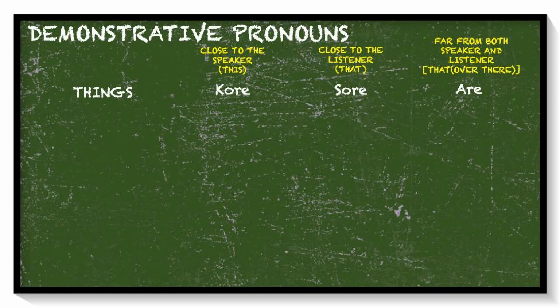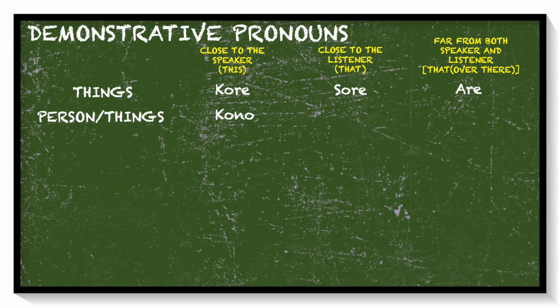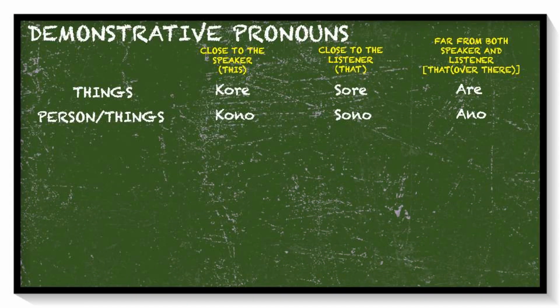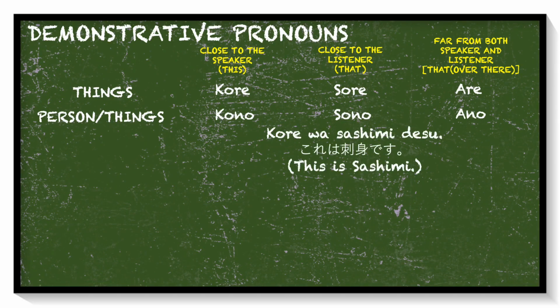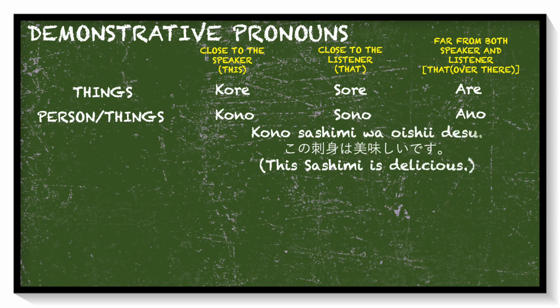Another way to point not just things, but also person, is by using この、その、あの. The only difference is that この、その、あの should be followed by a noun before a particle, unlike これ、それ、あれ, which is followed by a particle. For example, これは刺身です。この刺身は美味しいです。